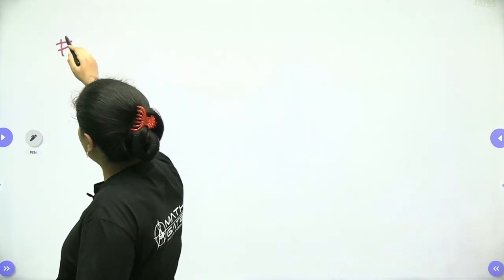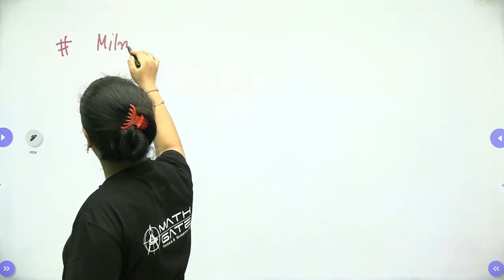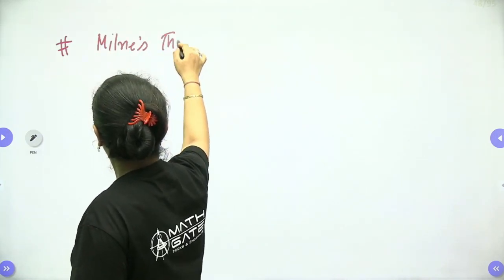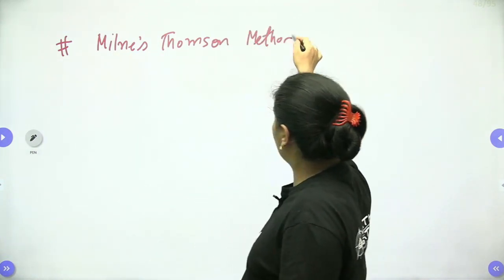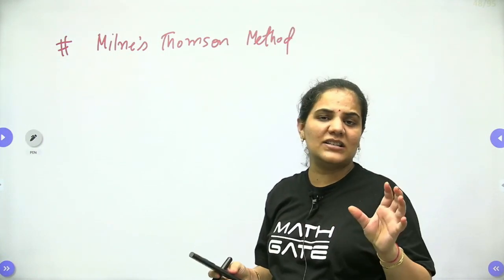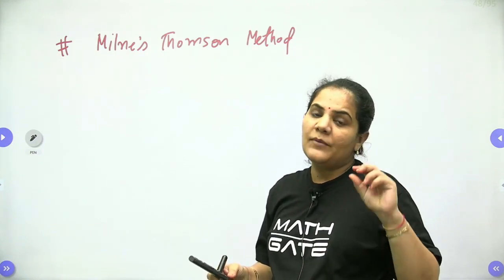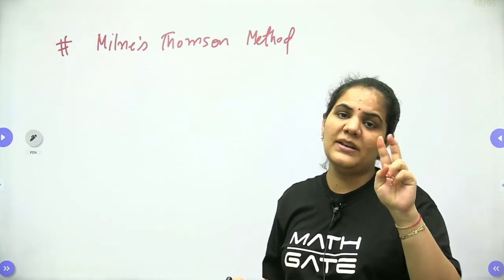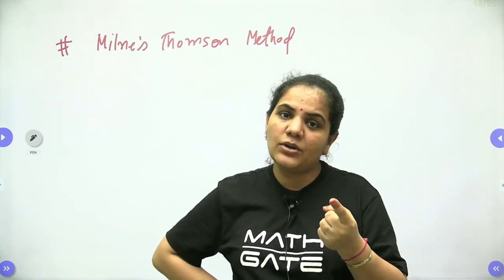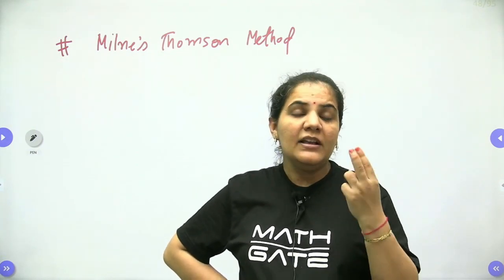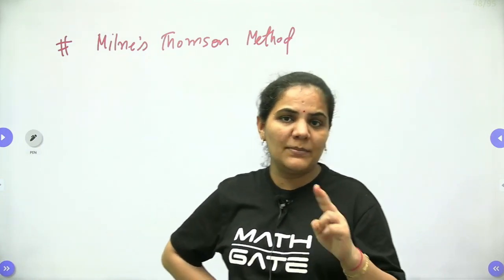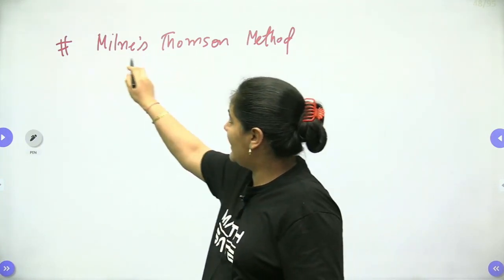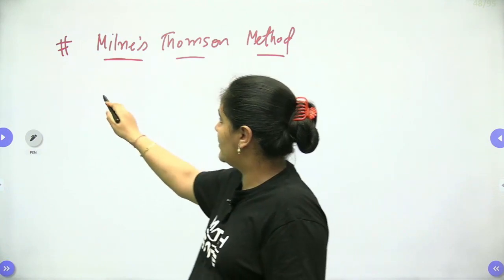Now let's approach the second method, that is a different method, that is the Milne-Thomson method. It has particularly its conditions. It actually has its own conditions, means here we will have two steps. When the real part is given to you, then the steps will be different. When the imaginary part is given to you, then the steps will be different. So let me write down here the Milne-Thomson method, dear students.